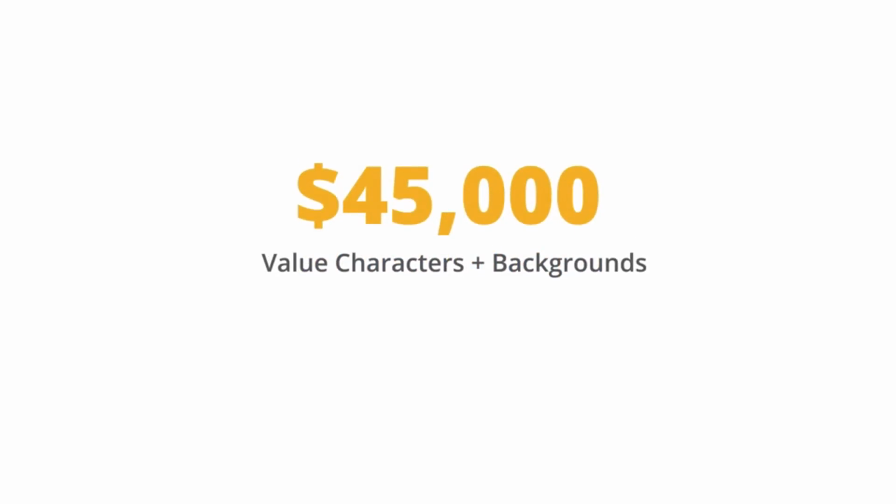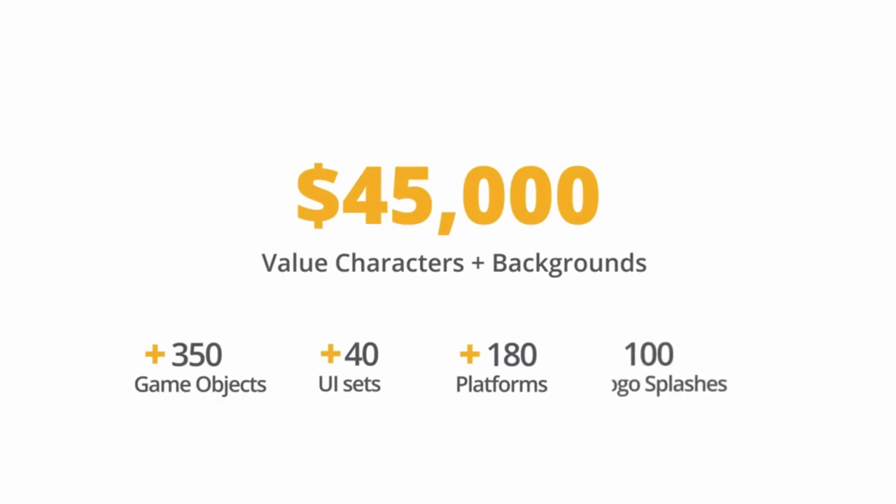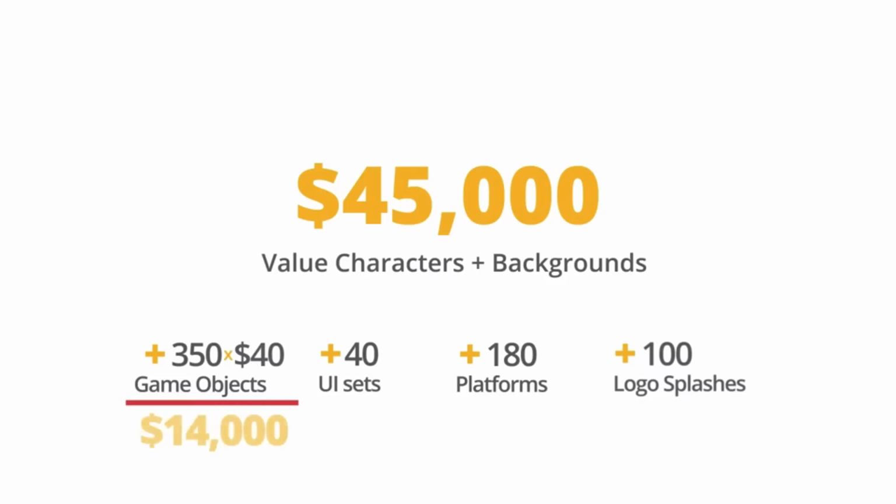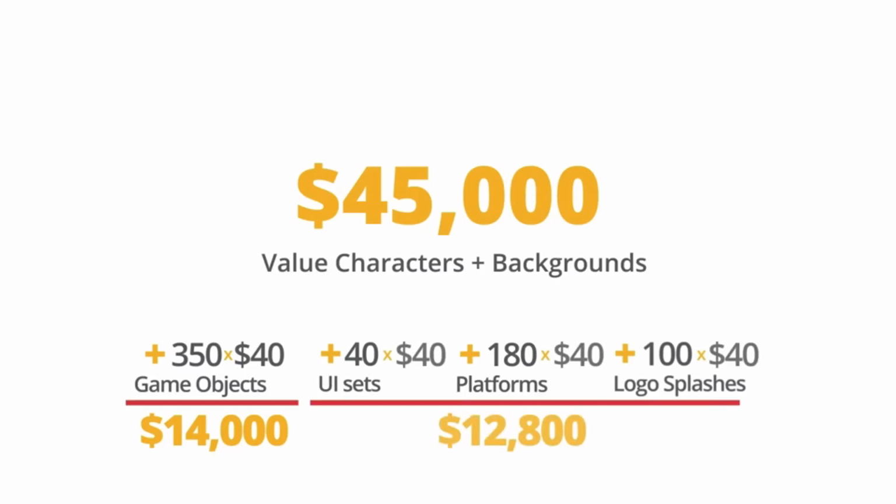Now we're at a grand total of $45,000, and we haven't gotten to the 350 game objects, the 40 UI sets, the 180 platform sets, or the 100 logo splashes. Since you bought in bulk, you can expect to pay around $40 for each of these. Actually, this would be insanely cheap. One UI set, for example, contains 17 different buttons, but again, let's assume you got the best deal ever. If you paid $40 just for each UI, object, platform, and logo sets, it would add an additional